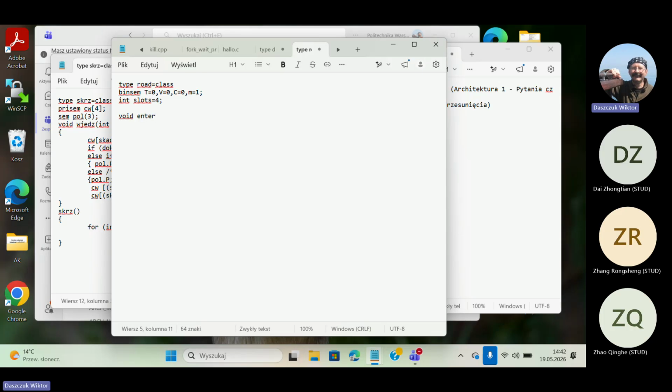Enter truck. Mutex. It needs 4 empty slots. Yes. So if slots is less than 4,